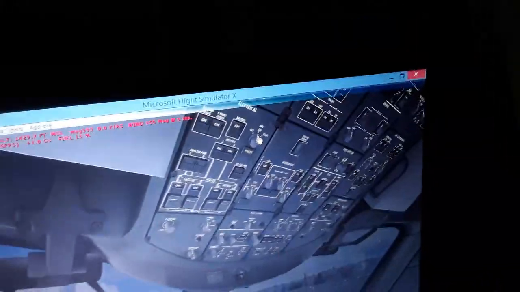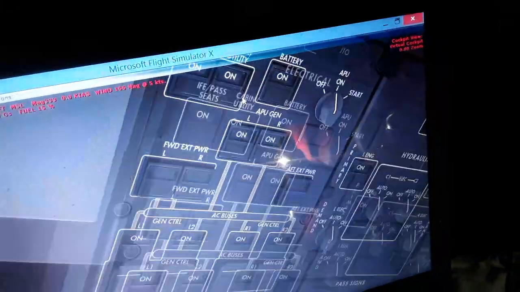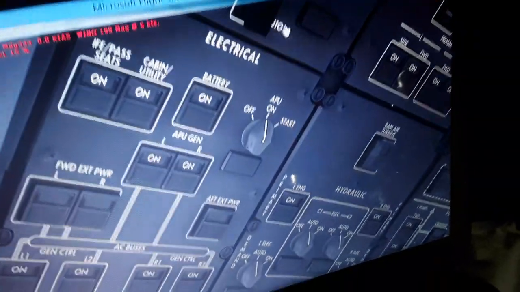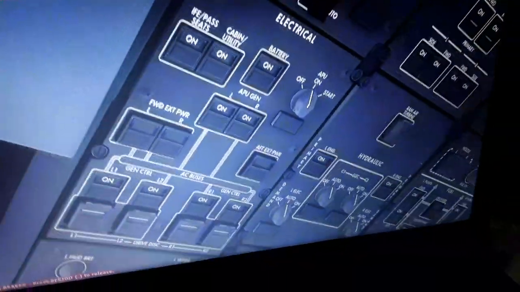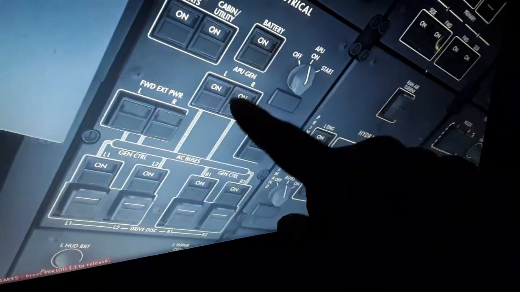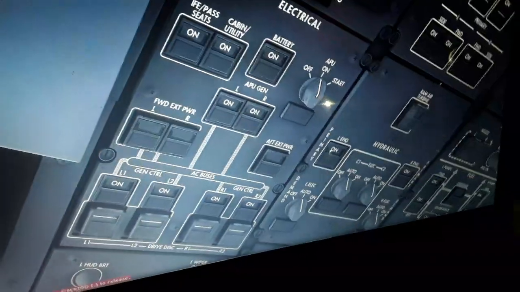Over here we're gonna start it like this. It's gonna give us pressurizer. We need pressurizer for starting the engine starters. When we're gonna shut down the engine, we have the battery, APU generator, controllers, 120 to 200 volts, 400 Hz